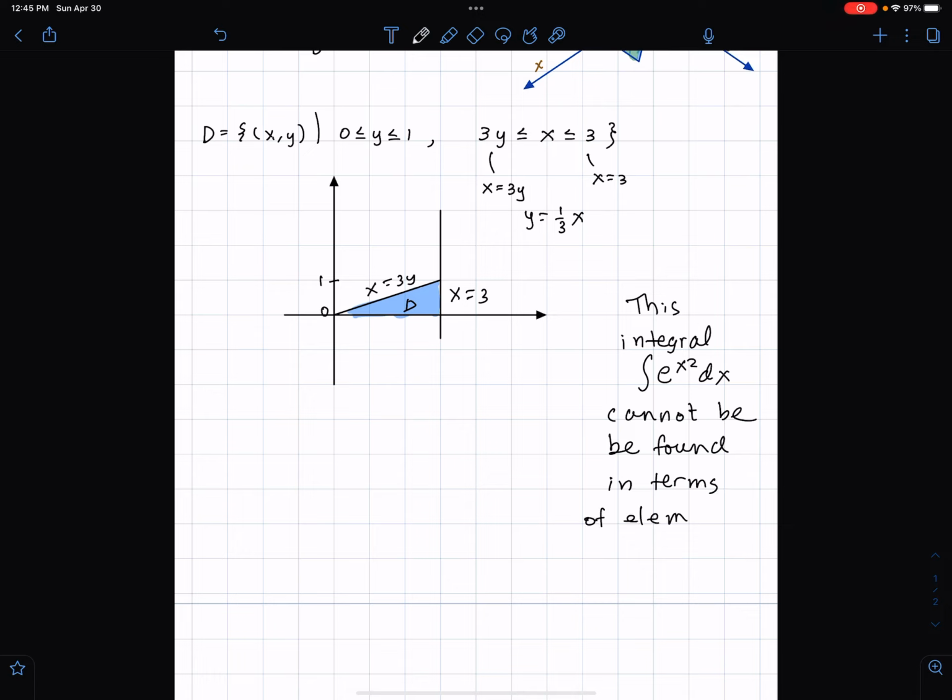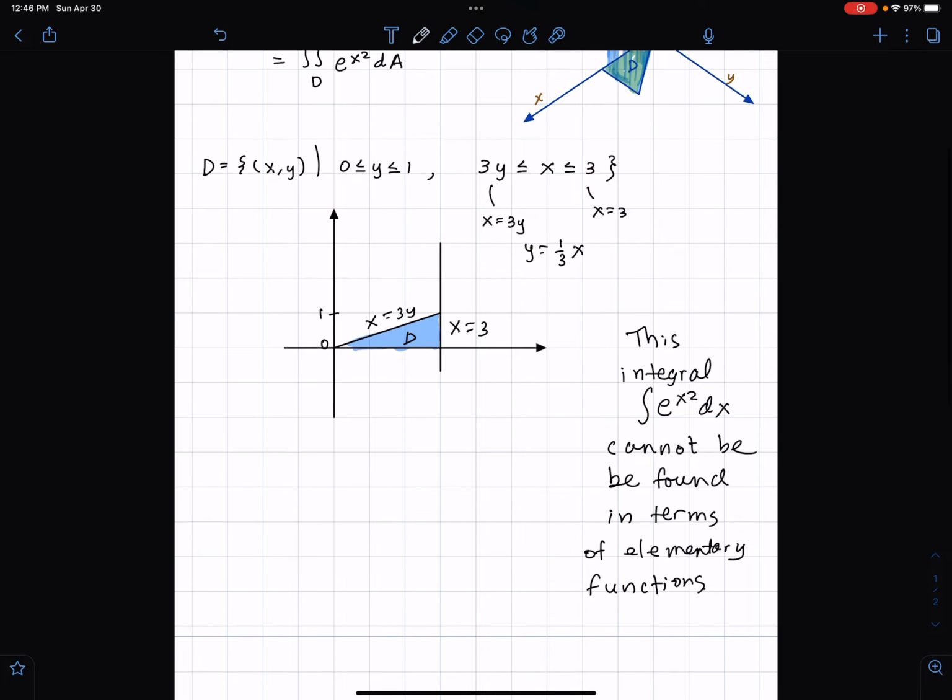All right, so we cannot find this in terms of elementary functions, and that's another story of why we know that's true. There are ways to express this with approximations, with power series, but there is not an elementary function such that when I take the derivative, I get e to the x squared. So what we do then is something